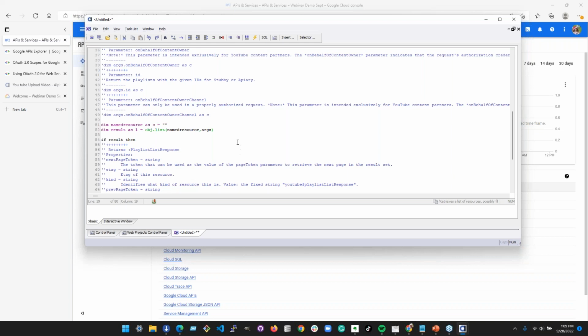Okay. If not all, will be using a named resource provider, which you need to set up. And that named resource provider does all the credential things for logging you into a Google account through OAuth and validating that you have access to use those APIs in your Google Cloud Console.